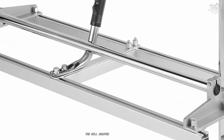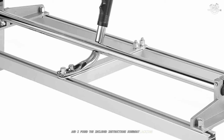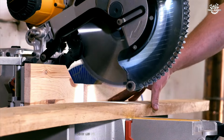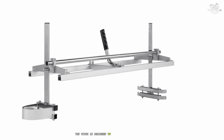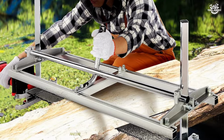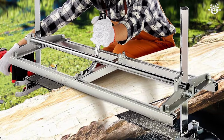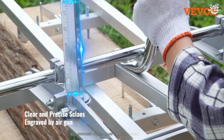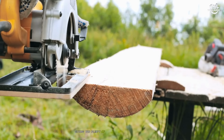The mill arrives partially assembled, and I found the included instructions somewhat lacking in detail, which led to some initial confusion during setup. The VEVOR is designed to accommodate chainsaw bars from 14 to 36 inches, making it versatile enough for a wide range of log sizes. The adjustment system allows for cuts between ½ inch and 13 inches thick, giving you plenty of options for different